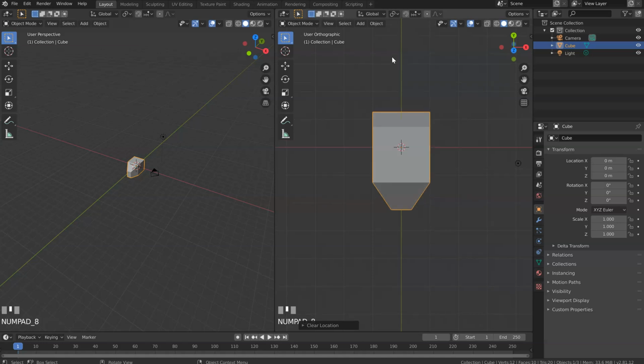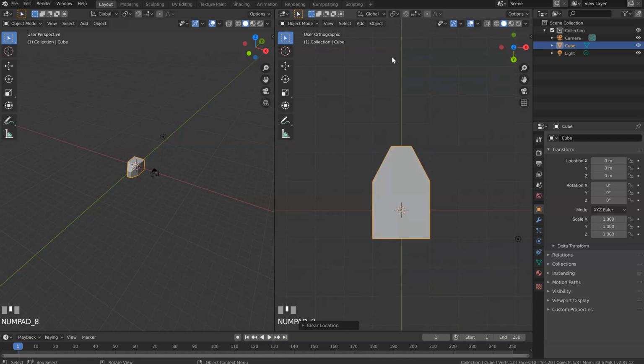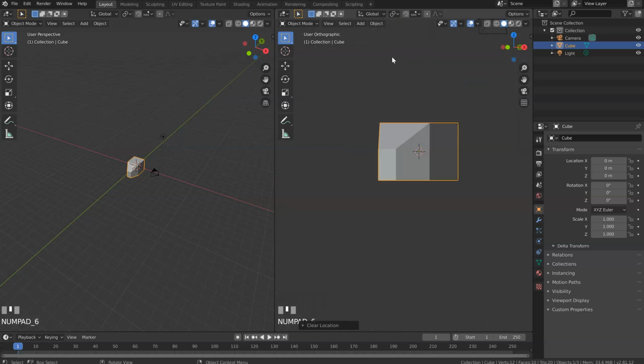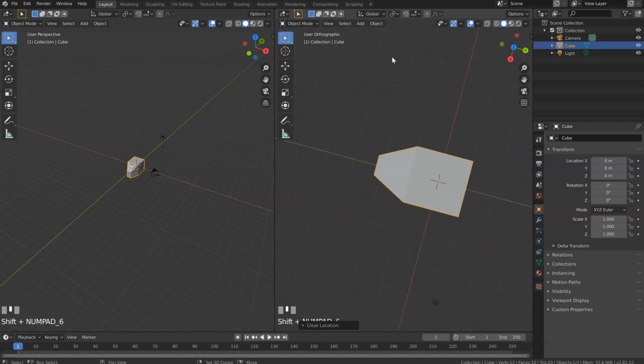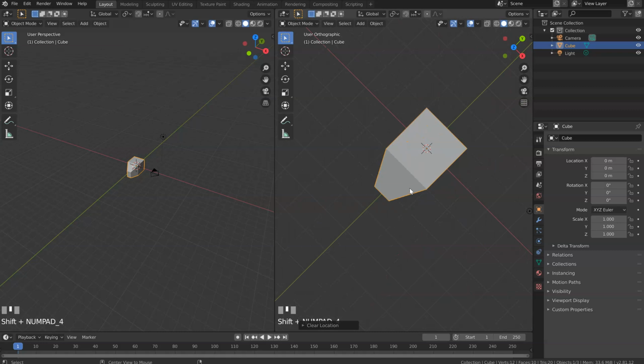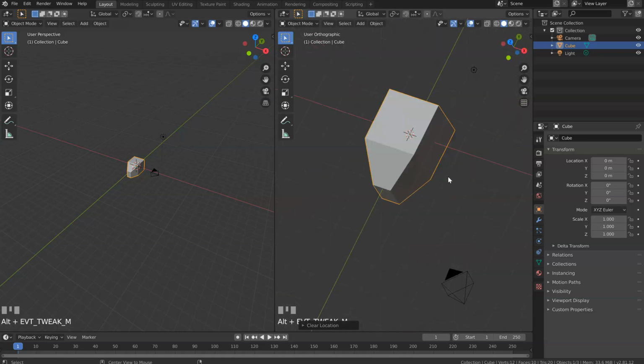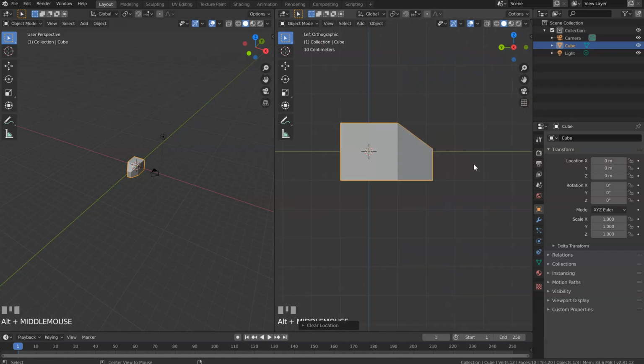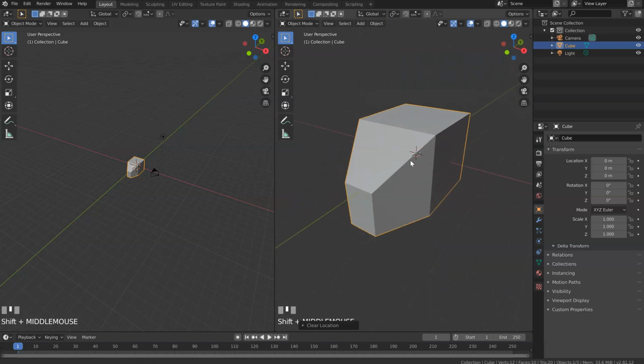I rarely use them, so you can turn your object like that. And if I just press 6, I will have this. And if I press 4, like that, 6, 8, and Shift to make a rotation like that. So this is not possible to make with 2 and 8, sadly. Or you can press Alt, middle mouse button to make a fast rotation. Like that, to do whatever you want. So it's up to you to do this.